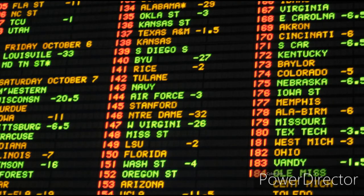Now you get to compare notes. You need to match the lines that you've created with the lines on the sportsbook. As you get more experience, the majority of your lines will begin to match up with what is listed on the sportsbook screen there. Now you might go several games or even days without seeing a good opportunity, but eventually